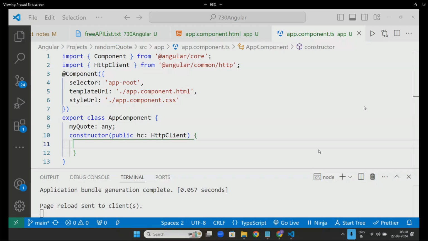When only one component is there, you may put it, you may not put it. It's your wish. That's a simple logic. Now, good. Now here,